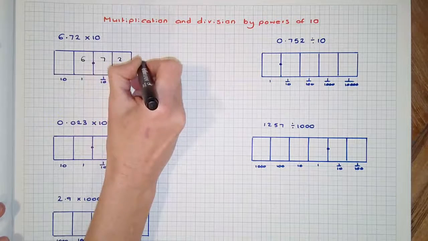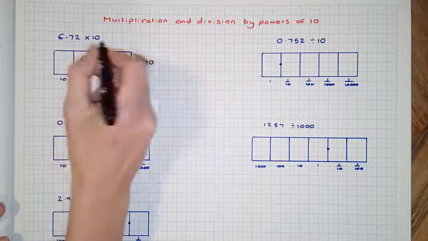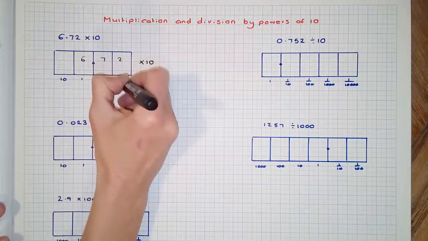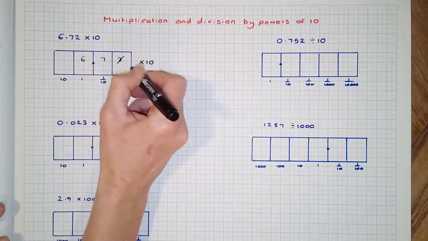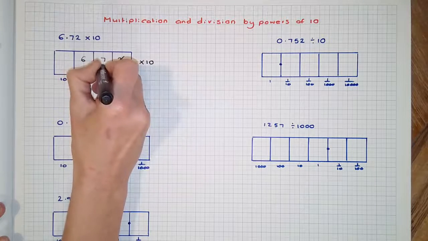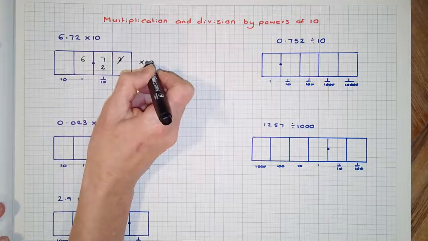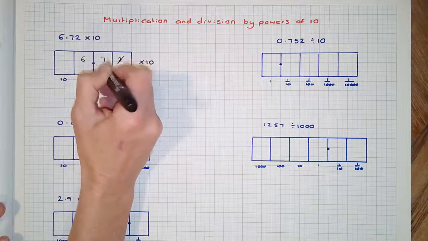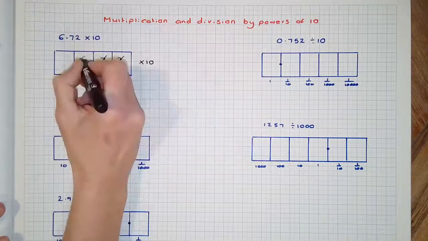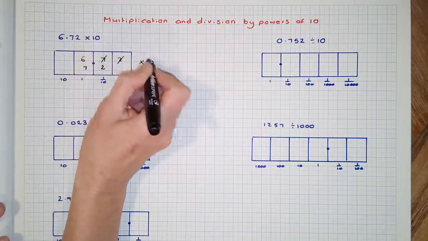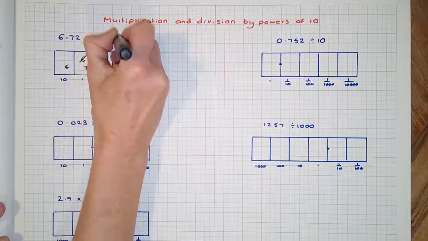And we're going to multiply each place value by 10. So here, if we have 2 hundredths times 10, what will actually happen? We end up with, once we simplify, 2 tenths. If we multiply 7 by 10, we'll have 70 over 10, which is 7 units. So we'll end up with 7 units. And if we multiply 6 by 10, we'll have 60, which will jump place values. So we get our final answer,